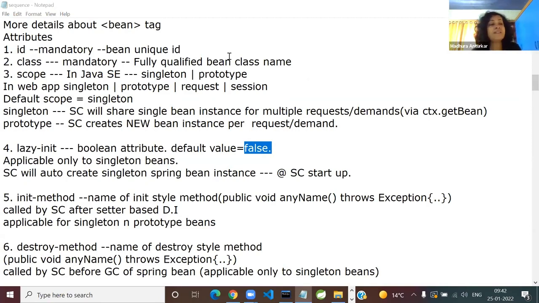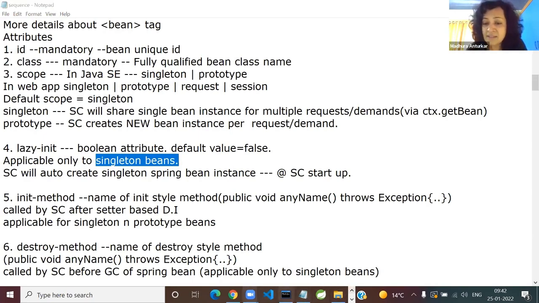So who will start the life cycle of a Spring Bean? Simple questions I'm asking. First day, Spring container. But when? After the client sends the request, or right at the Spring container starting time? Right at the container starting time. And if you don't specify the scope, it's a singleton scope. So how many instances will be created right at the power on, right at the container startup? One single instance. This is the information you start getting.